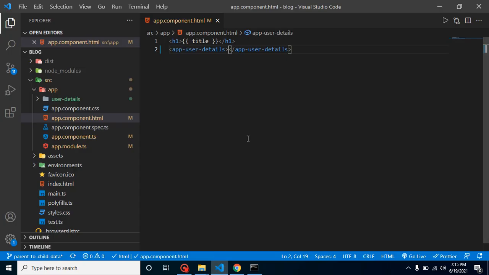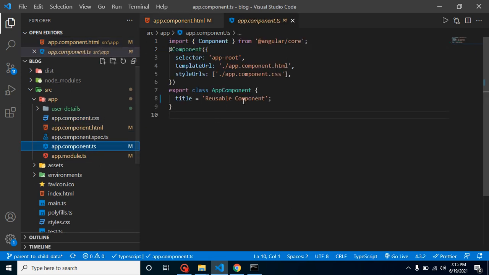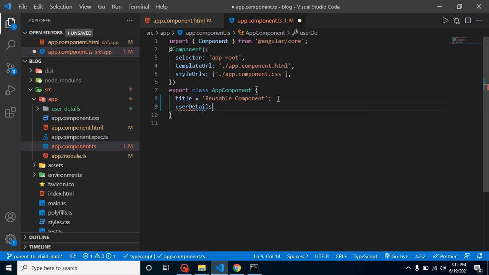So now let's create an array of user details inside app.component.ts. So let me define here userDetails, and obviously it will be an array. Okay, I just have to use equal to here, my bad.